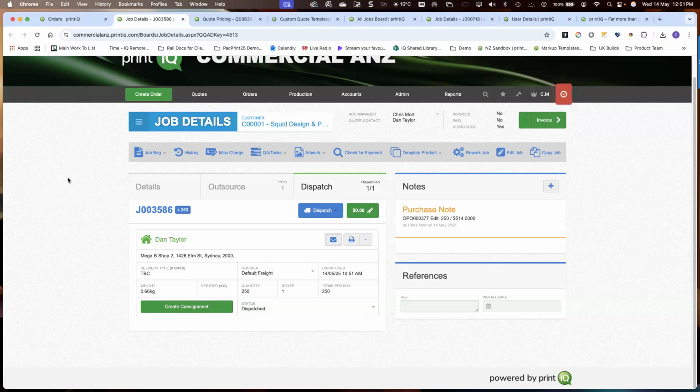From here, a couple of changes that we're doing now, and they're actually in the next version, the V49 release of printIQ, is to be able to pick up from that dispatch point. So we've done work around being able to do invoice by dispatch. Once the job is fully at a dispatched mode and everything's been done, and with a couple of different options in the way that we do that, then we're able to automatically invoice at that level, and it will be